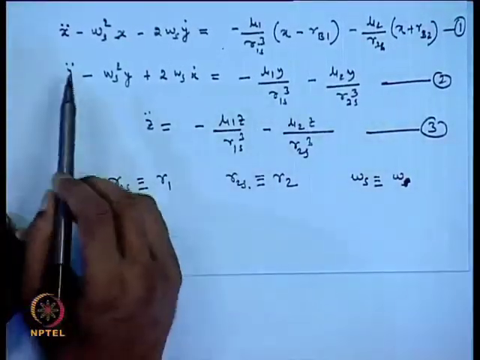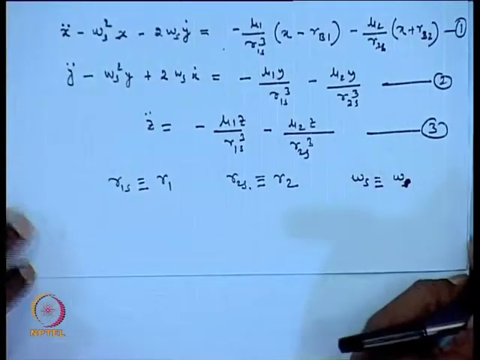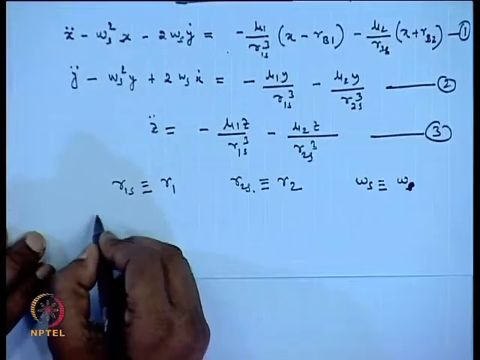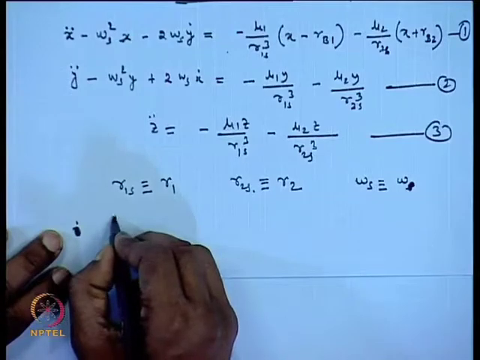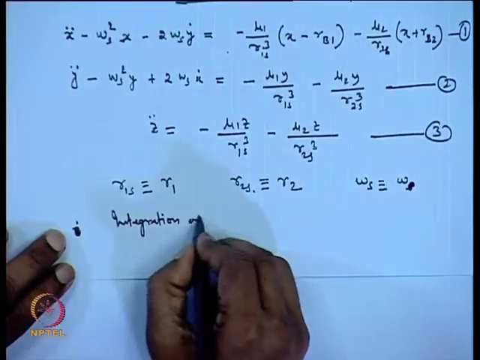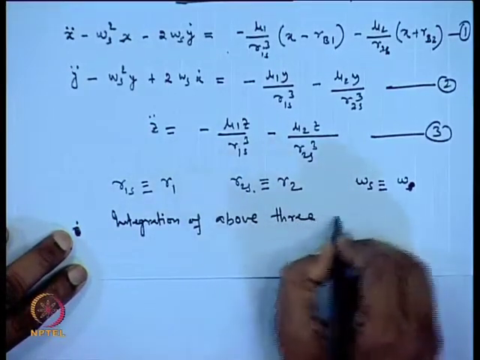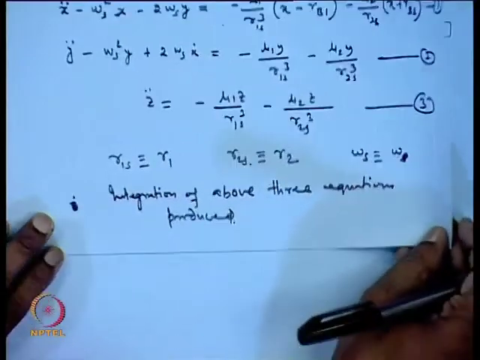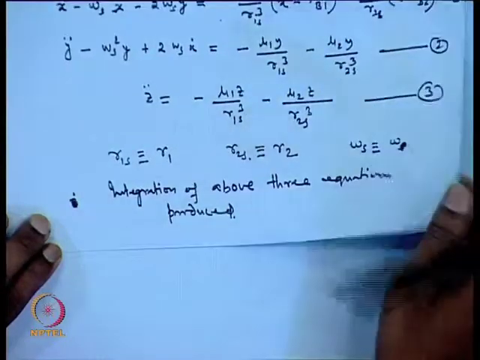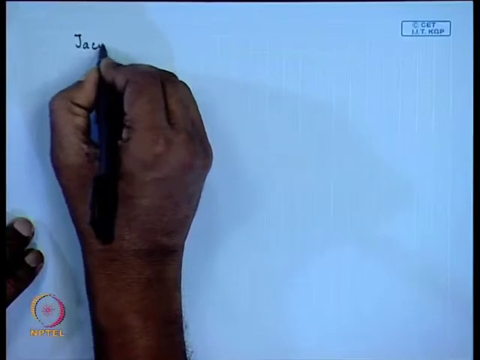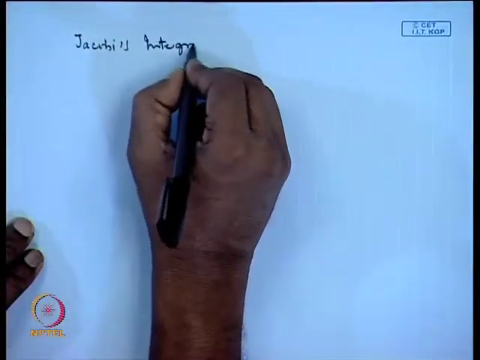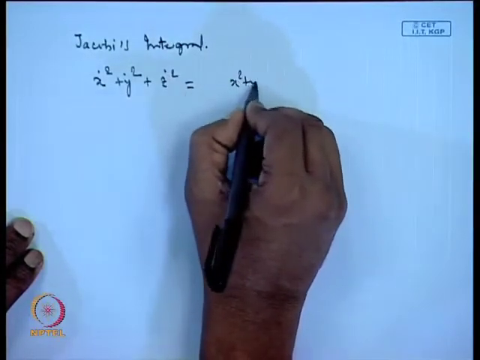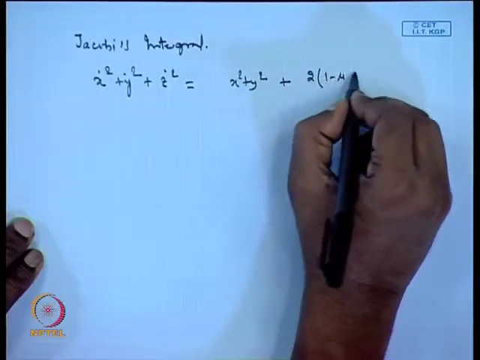So, the integration of these three equations with respect to t produced Jacobi's integral, which we wrote as x dot square plus y dot square plus z dot square is equal to x square plus y square plus 2 times 1 minus mu star